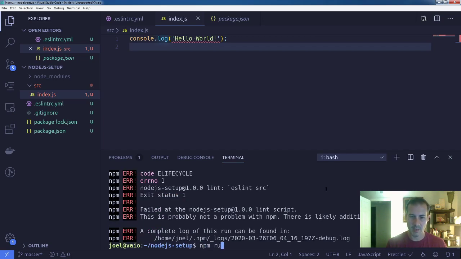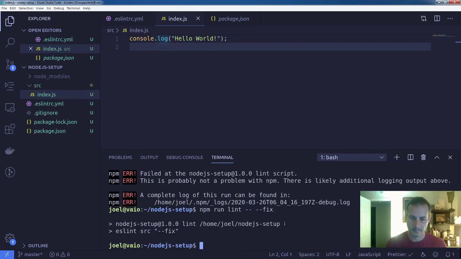One of the really nice things about setting up Prettier with ESLint is that ESLint has this fix option. If I say npm run lint, that'll just run a check. But if I actually pass it --fix, it'll repair the error. You can see running it on the command line was the same as hitting Control S here. It'll fix all of the errors in all the files in source. If I had hundreds of JavaScript files, this would go through and repair, at least what it can,